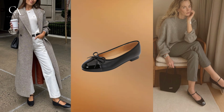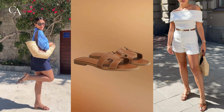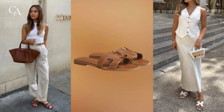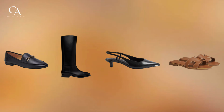or even casual dresses. And for warmer days, nothing says elegance like a simple, well-made sandal in brown, white, or black. These tones work beautifully with tailored shorts, neutral trousers, or flowy skirts, adding a light, sophisticated touch without feeling overdone. Each of these timeless shoe choices can instantly elevate your look and infuse it with a sense of graceful